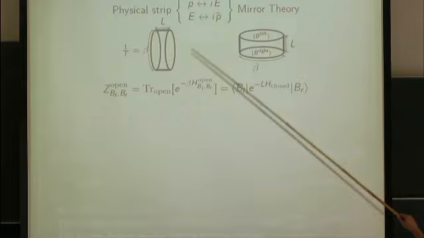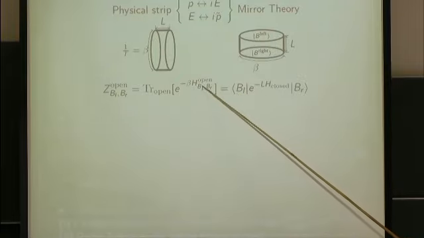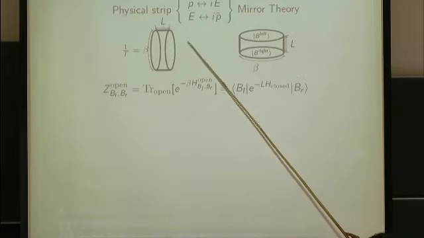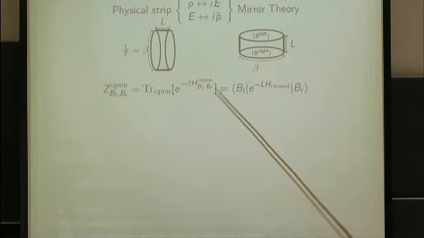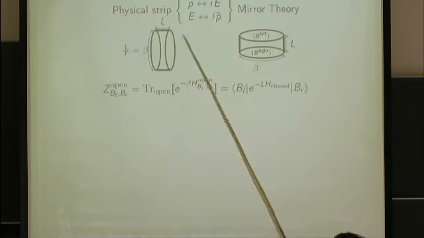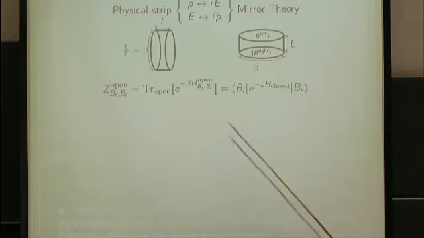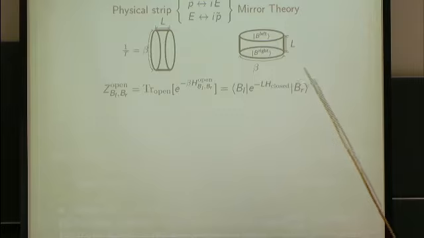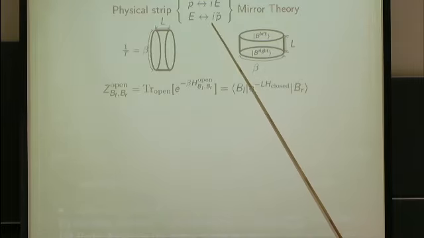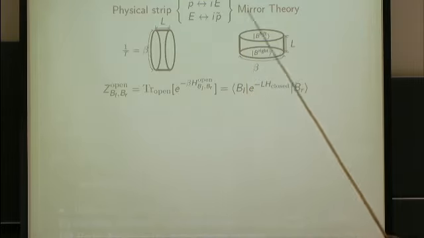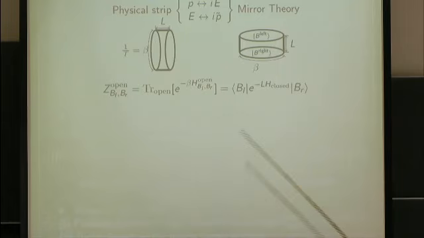So you have to sum over all the eigenstates and the eigenvalues of this Hamiltonian, of course, depending on the size. This is what we don't know how to compute exactly. So instead of computing this partition function, the physical picture, we are going to do a mirror trick, a double Wick rotation, which essentially exchanges the notion of space and time. By doing this double Wick rotation, we go to the mirror theory.